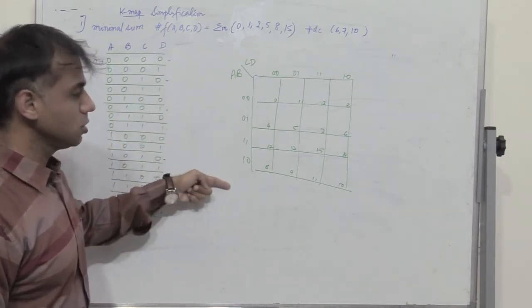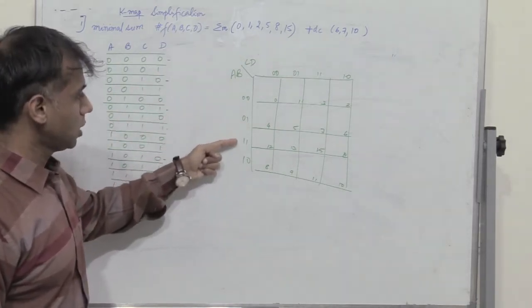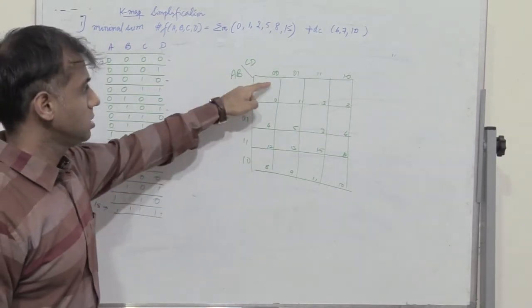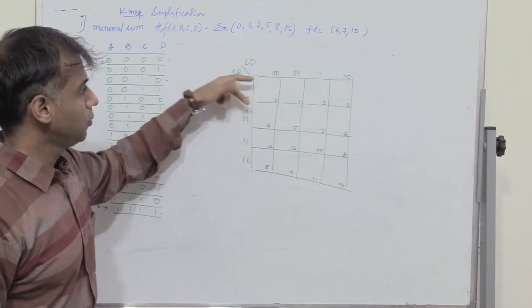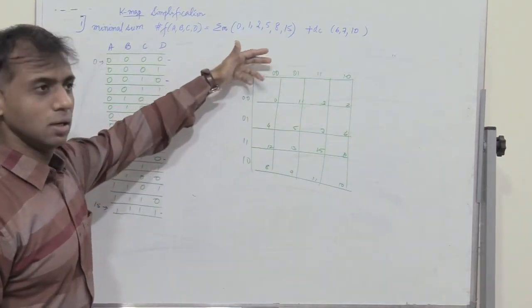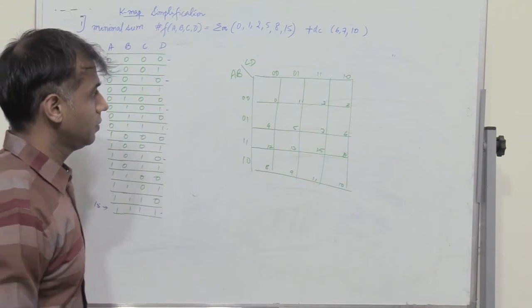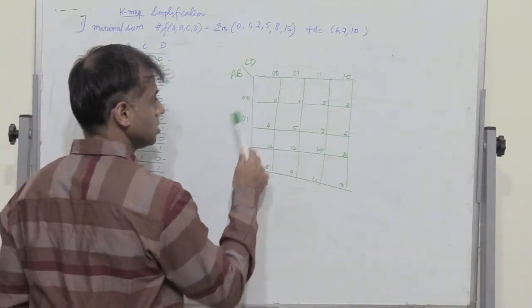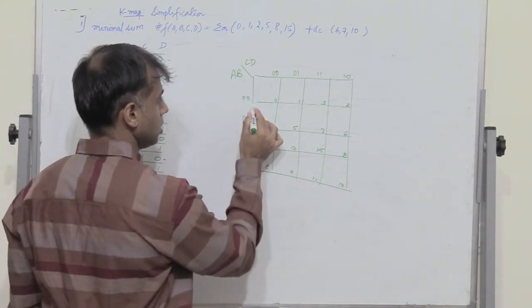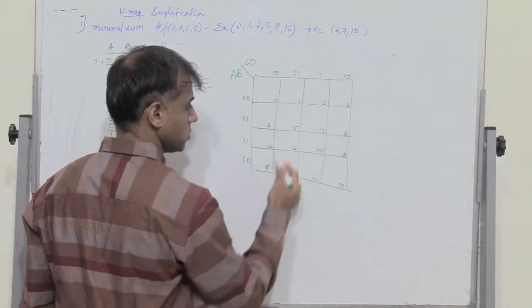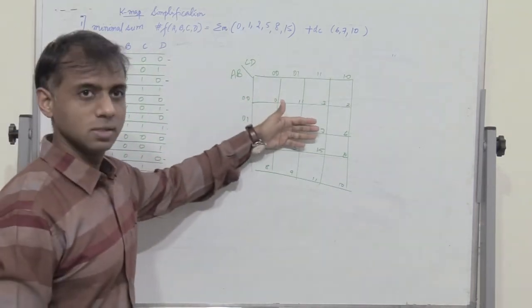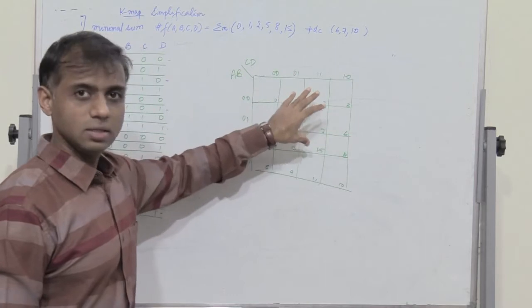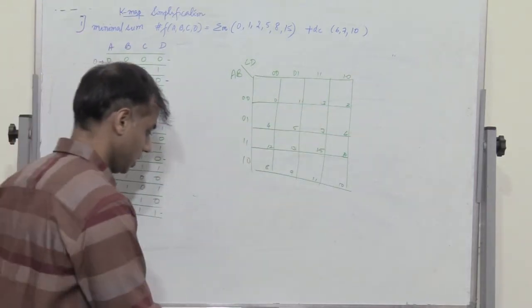So again we have 4 rows with 0, 0, 0, 1, 1, 1, 1, 0 written, and then 0, 0, 0, 1, 1, 1, 1, 0 for the columns, such that the variation for the adjacent rows or columns is a single bit. And I've written the weights of the boxes inside, which correspond to 0, 1, 2, 3 and so on. So there is no need for us to write the truth table. We can directly enter ones and the don't care elements inside the 4 variable K-map.